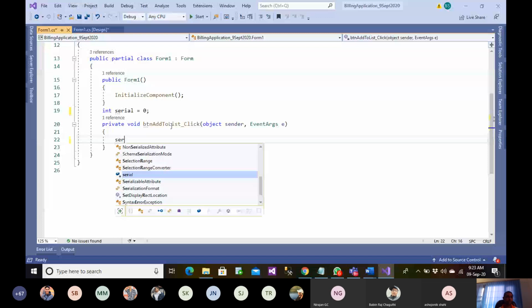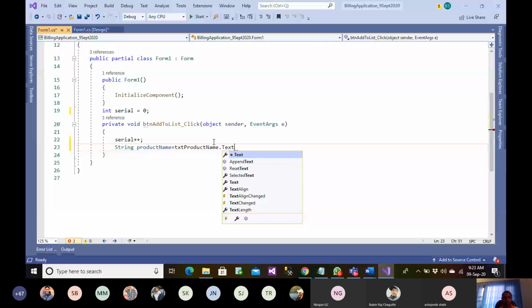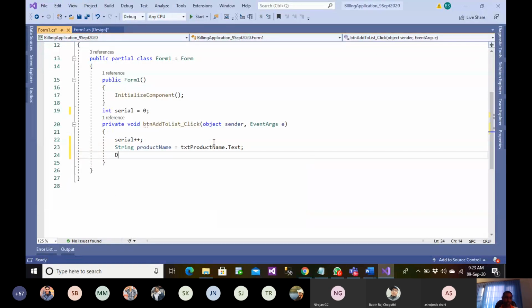So once we click on this button, I'll increase the value of serial by 1. That means the serial value is increased by 1, and I will read the product name. I'm creating a variable for the product name of type string. So product name equals, now this comes from the product name text box. I want to read a rate from a text box.